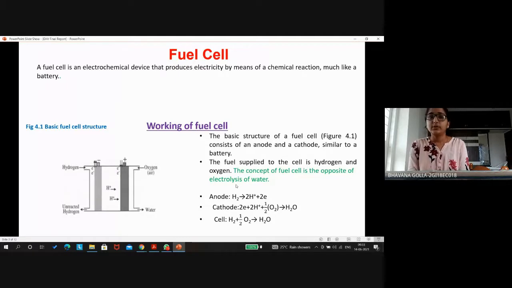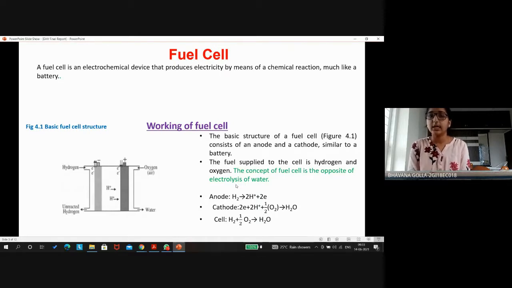So basically, what is a fuel cell? A fuel cell is an electrochemical device that produces electricity by means of a chemical reaction. How is it different from a battery? In a battery, the chemical reaction takes place as long as the chemicals are taking part in the reaction. But in fuel cells, as long as the fuel is supplied, the fuel here being hydrogen and oxygen, as long as hydrogen and oxygen are supplied to the fuel cell,